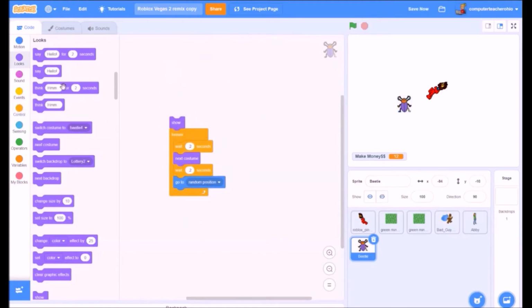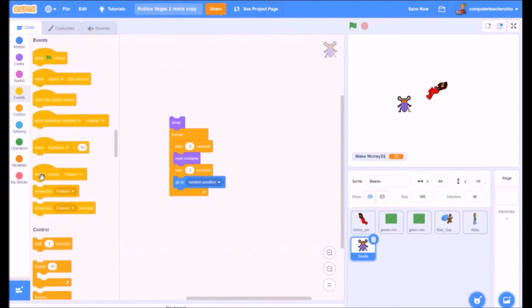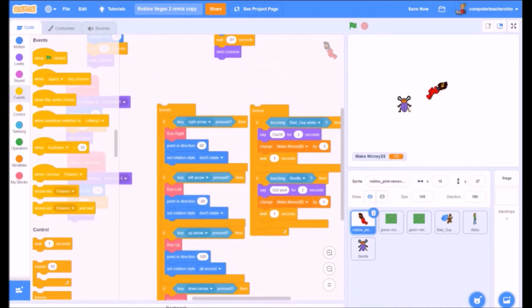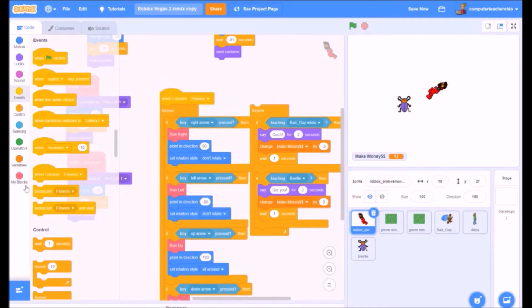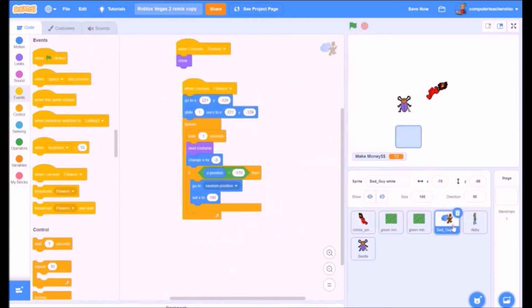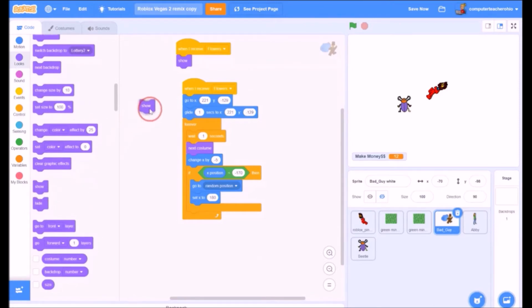All right, let's go to the beetle. And when I receive flowers, then my code starts. Now let's go to our red sprite guy in the flower shop, our flower guy. And let's take off those when green flag is clicked. And when I receive flowers, put those on top of our move tools, our move code. Okay, so we're in